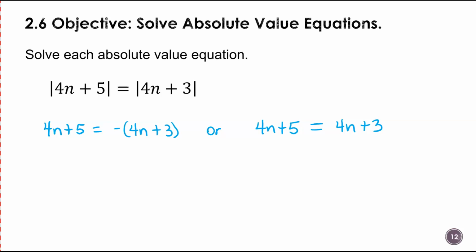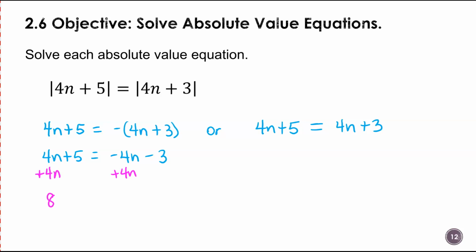Okay, and then we're going to solve. So on the first one, I'm going to have 4n plus 5 equals negative 4n minus 3. I distribute that negative. It's like distributing a negative 1, and then solve, right? So add 4n,